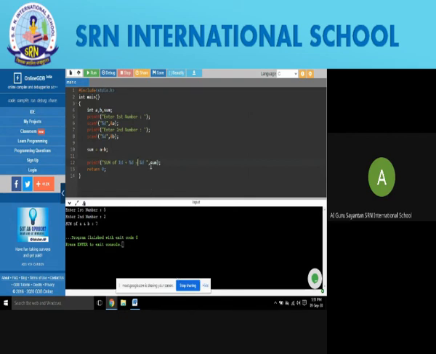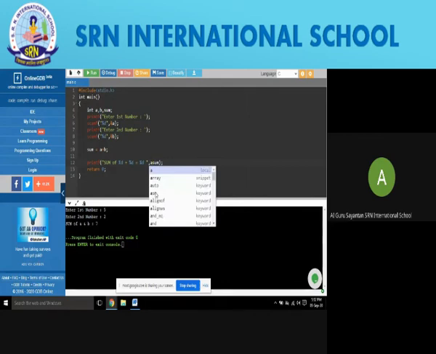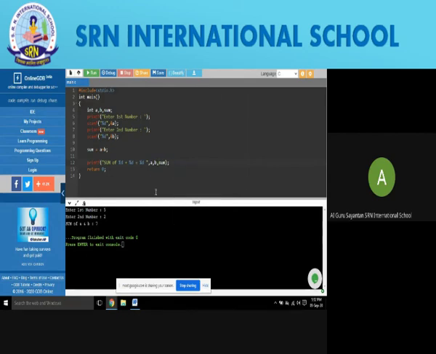We can write like this. So what will happen? First %d is for first number, second %d is for second number, third %d is for result. So we will write in the same order: A comma B comma sum. So first %d is for A, second %d for B, third %d for sum, and it's totally in order.